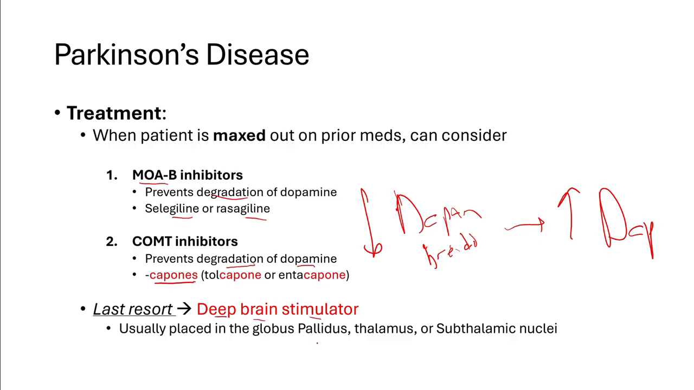This is usually placed in the globus pallidus, the thalamus, or the subthalamic nuclei, and it will actually function on those direct and indirect pathways directly that we were talking about. Now, for Parkinson's disease, there are something known as Parkinson Plus Syndromes, which are high yield to know for your exams. These syndromes present as Parkinson's, but they have an extra symptom that kind of separates it